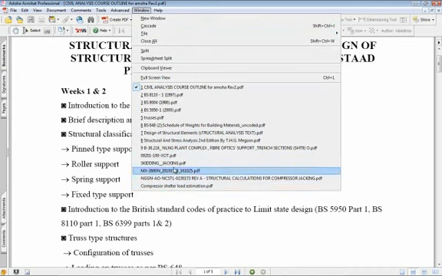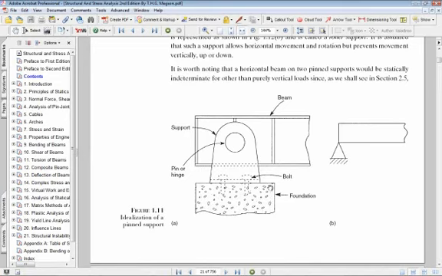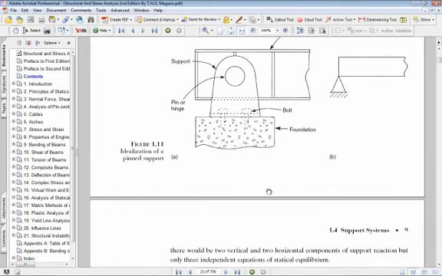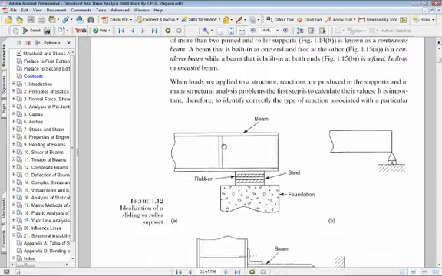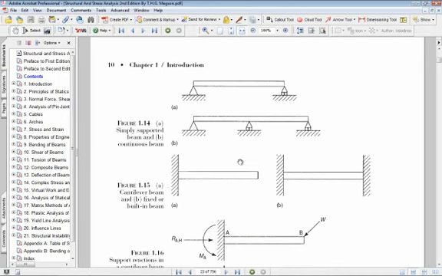A structure is said to be determinate if the number of unknown forces acting on the structure equals the equations of static equilibrium. That structure will be said to be determinate, implying that the unknown reactions can be determined by basic principles of